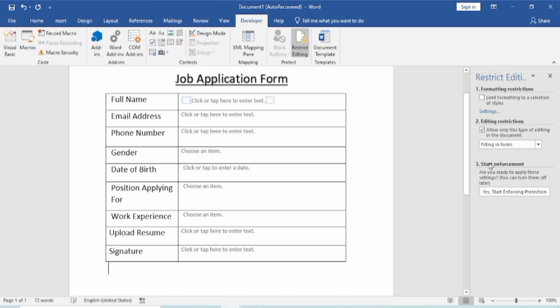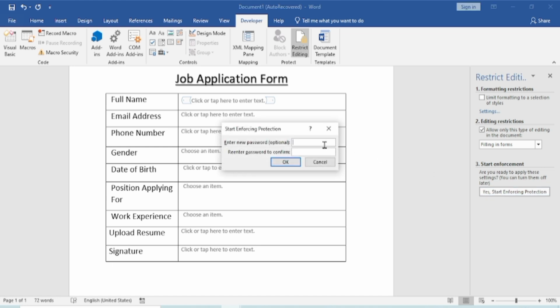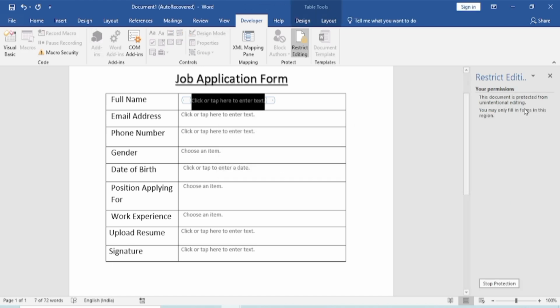You can also set a password for the file by clicking Yes, Start enforcing protection. Enter password and confirm it. Once done, click OK. The password has been set successfully. To remove the password, click Stop Protection at the bottom right.